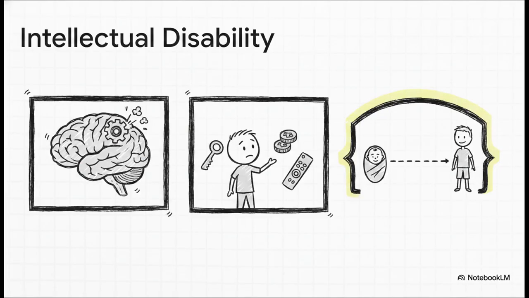But it is super important to understand that intellectual disability isn't defined just by a test score. According to the source material, it actually requires 3 concurrent features. First, yes, significantly sub-average functioning, usually an IQ below 70. But second, it absolutely requires observable deficits in adaptive behavior, meaning can this person navigate their everyday environment and live independently? And third, these deficits have to manifest during the developmental period, which is considered to be between birth and